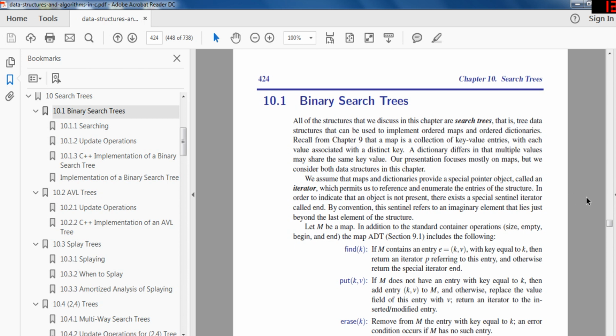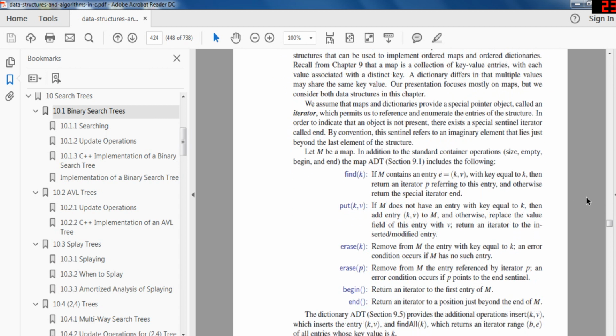That's what dictionaries are. You could use an iterator that allows you, this is just a review, to go through a structure. These are all the standard functions for a map. Find finds the entry. Put puts the value into an entry if it doesn't exist; if it does exist, it replaces it. This is just for a map. Erase removes the entry for whatever key it is. Erase P